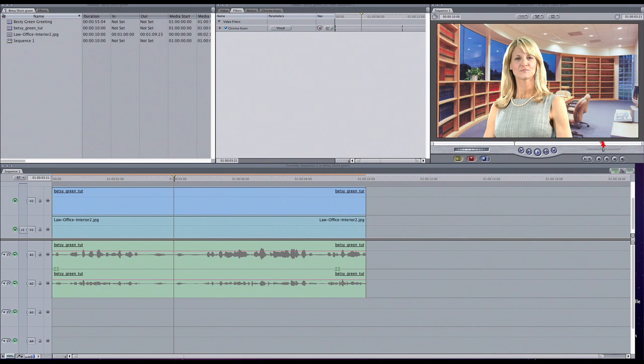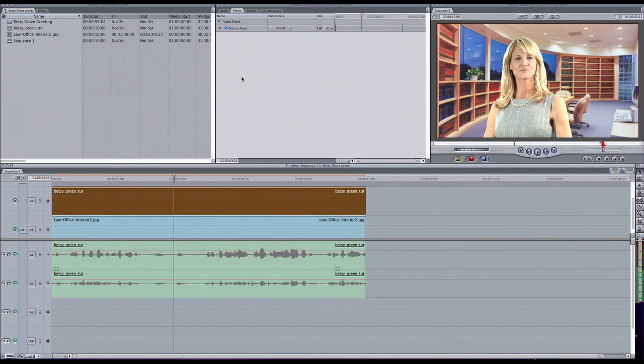Today we're going to be going over a follow-up tutorial to the basic green screening. This one is called matting. Now what we're going to be doing today is adding a matte to this image. Now it looks finished. Here's the thing, we're in Final Cut, and as you know, I like to use things